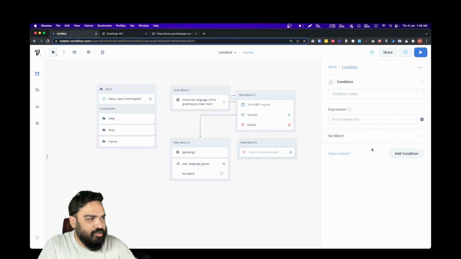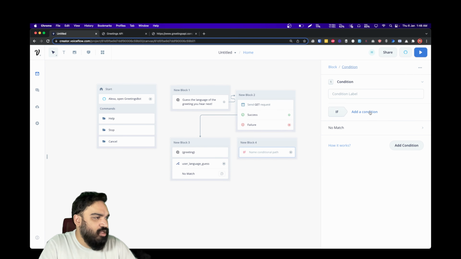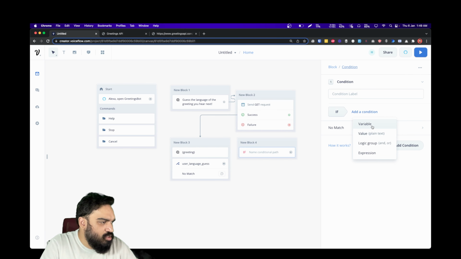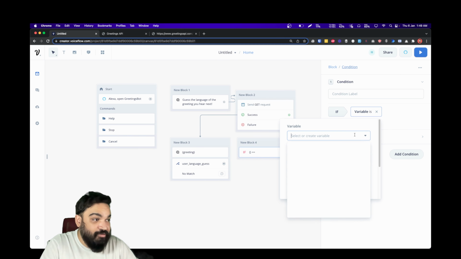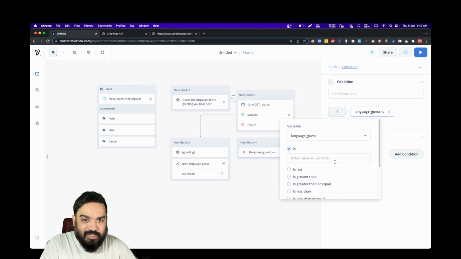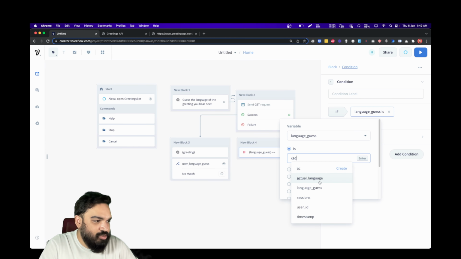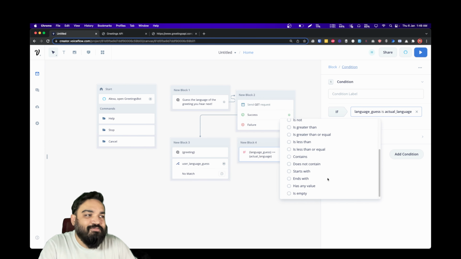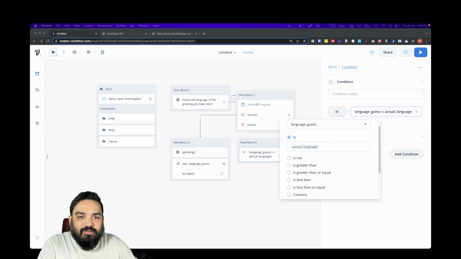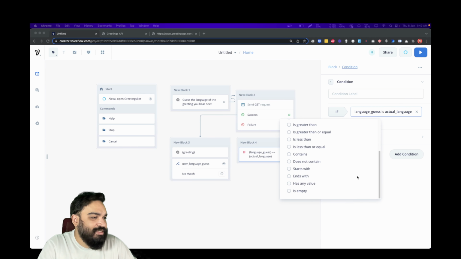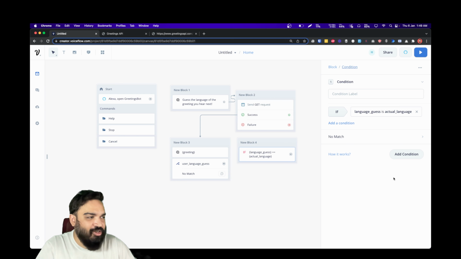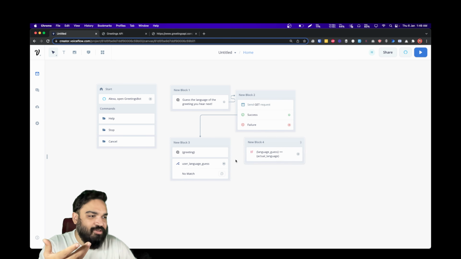It's going to be expression, or it can just be, let's use variable, if language guess is actual language, curly braces actual language, right? That's all. If this is this, proceed, right? So that's the logic. Otherwise, do the next step.